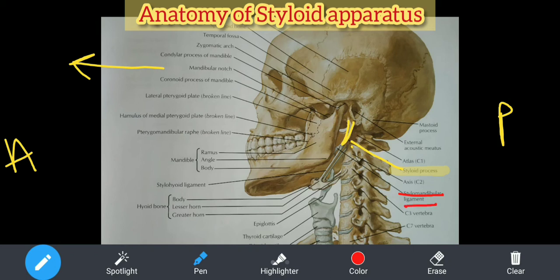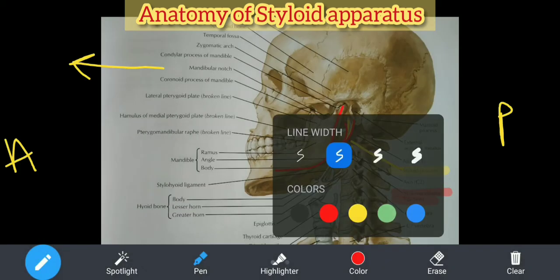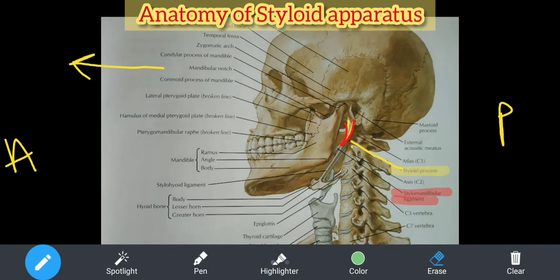I will highlight it in red. Okay, I have underlined. Stylomandibular ligament. Can you see this? This is the styloid process, right? And this is your mandible. And if you see this labeling, stylomandibular, a little ahead. I am not able to make that label. Are you able to trace that? Stylomandibular. Simple. See, this is the connection. What I will do, I will put it in green. See, this is your mandible. Then, can you see this green color? That is the stylomandibular.